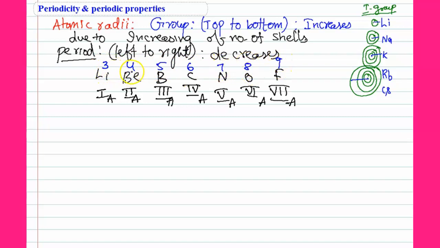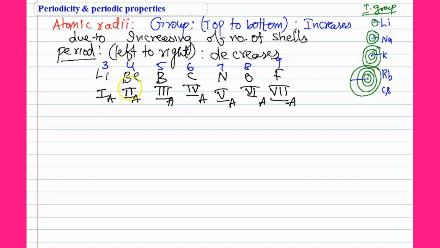Actually from 3 to 4 atomic number increases, 4 to 5 atomic number increases, 5 to 6 atomic number increases. So from one element to another element, only one electron increases. That means atomic number changes by only one. Actually up to 8 electrons, only one shell is possible. But from top to bottom, from lithium to sodium, 8 electrons change is possible. But in a period, 3 to 4, only one electron changes. So up to 8 electrons, there is no new shell. So increasing of shell is not possible, because atomic number increases by only one unit.